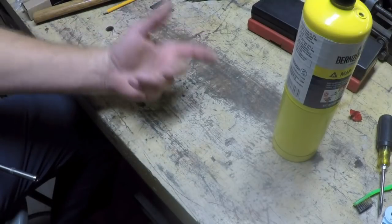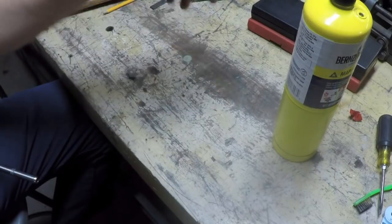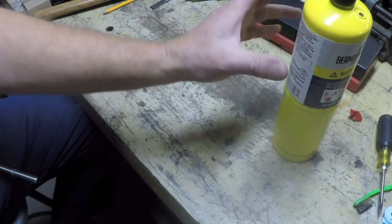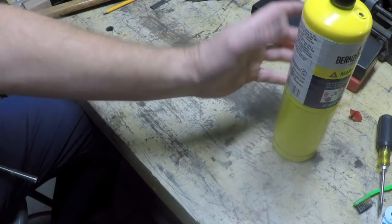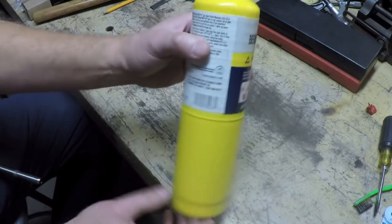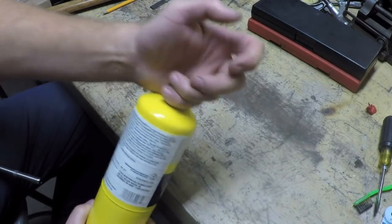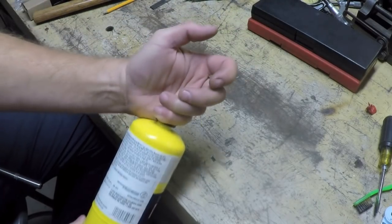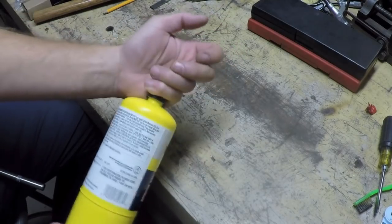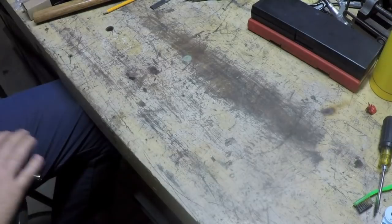That's a lot more convenient, but the drawback to that is it's still got the same kind of head on it, and it doesn't give you as much versatility as what I'm going to show you next. And it's also bulky. When you have a tall tank like this, and then you put that tall trigger assembly, which is made to hold in your hand like this, and then you've got the torch coming out here, it becomes a very tall, obtrusive setup, as opposed to what I picked up at the store,